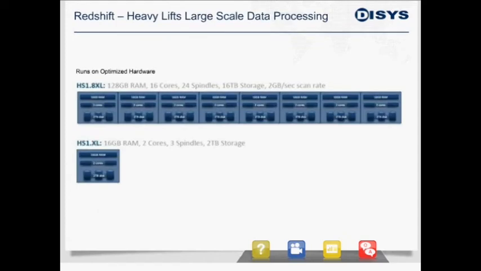And one of the things that Redshift helps is to heavy lift large data scale processing, where you have a higher flexibility. For example, you can choose 2 terabyte single node to up to 1.6 petabyte cluster, and you can resize that depending on the changes to the